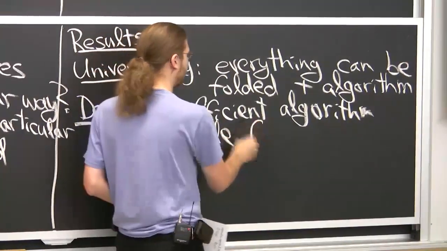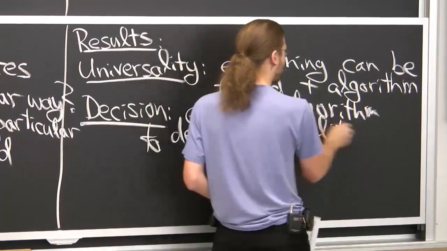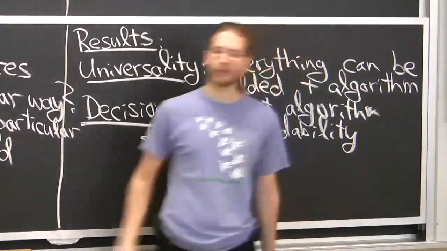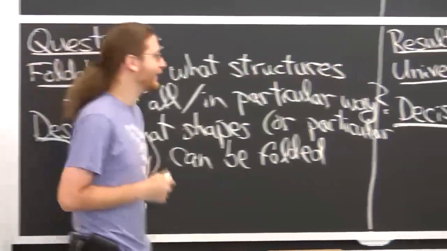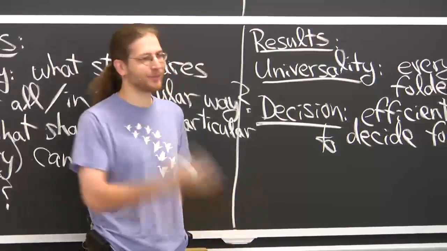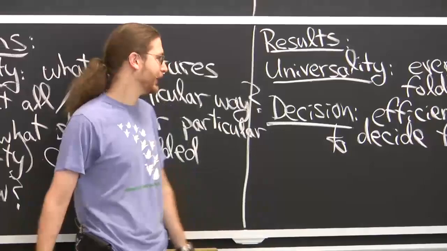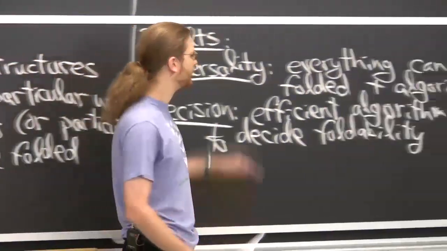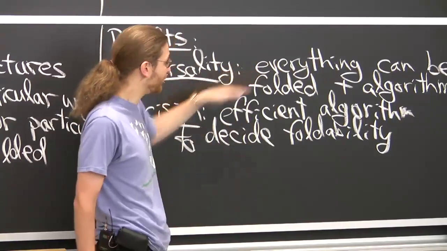So we say it decides foldability. You give it a butterfly, it says, oh, that's impossible. That's not true, but you could imagine that. Or maybe you give it a butterfly, it says yes. You give it the skyline of New York, and it says no, you can't fold that. That's not true. But if it's not the case that everything is unfoldable or everything is foldable, the next best thing